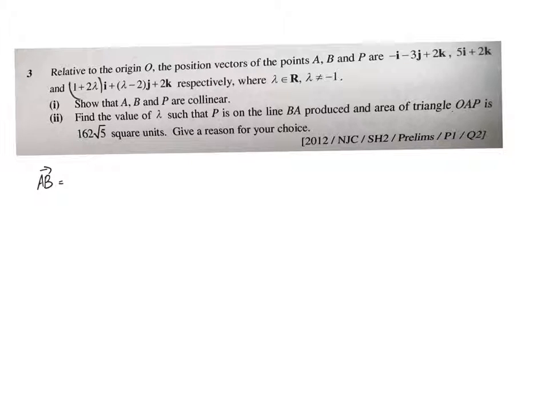So what I'm going to do is, without loss of generality, use my own choice, and my answer may be different from yours. Maybe what I'll do is I'll use AB and AP. Okay, so AB basically is OB minus OA, right? Okay, so it's OB minus OA, which is equal to